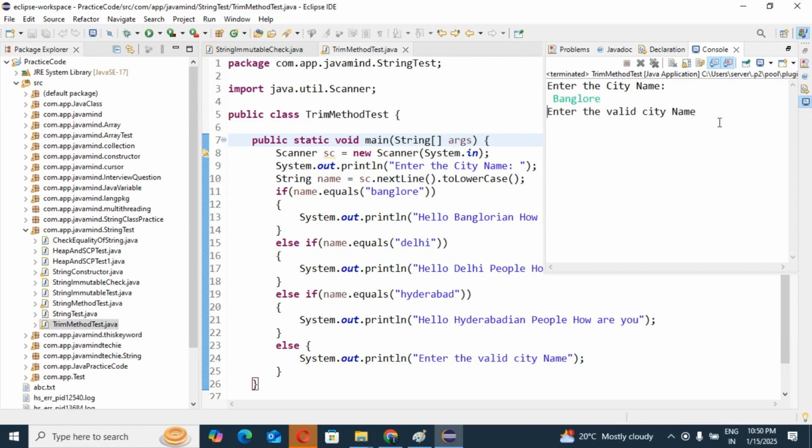Tell me why. We have written it correctly, and Bangalore is already there. But we are seeing that this block is not executing; it's executing the else block.